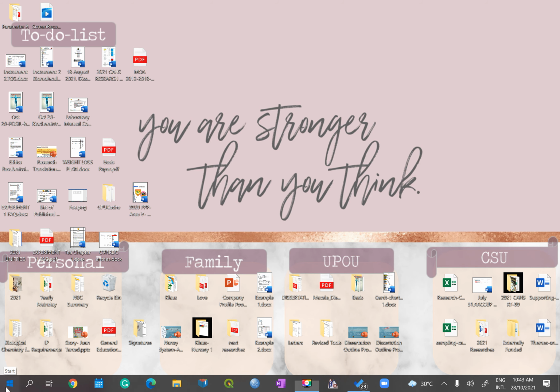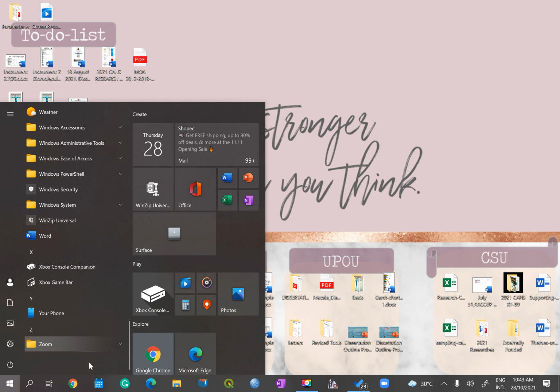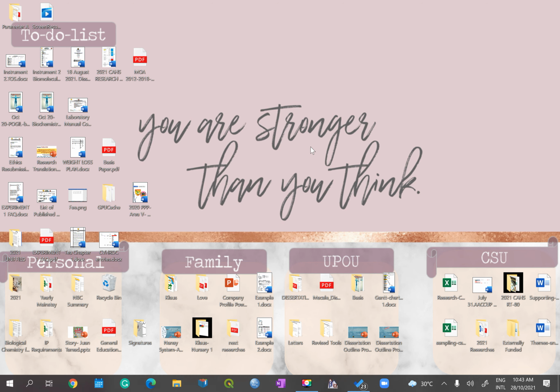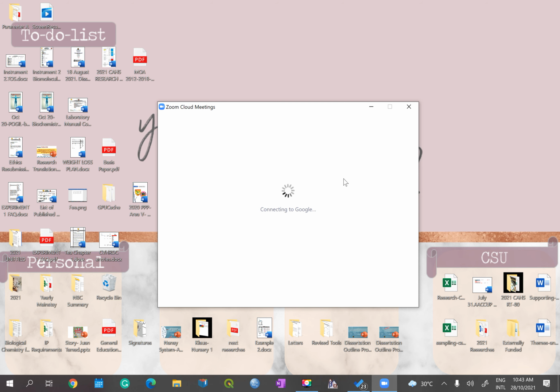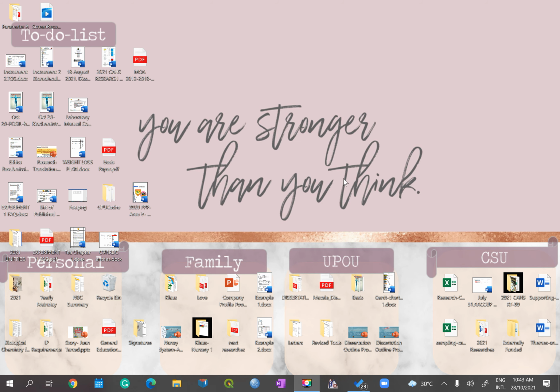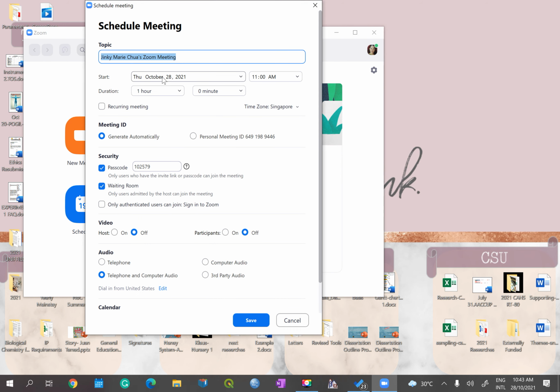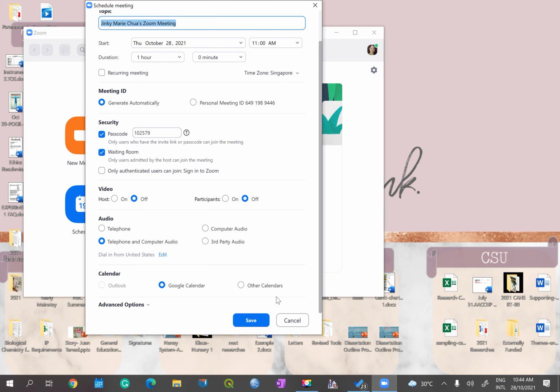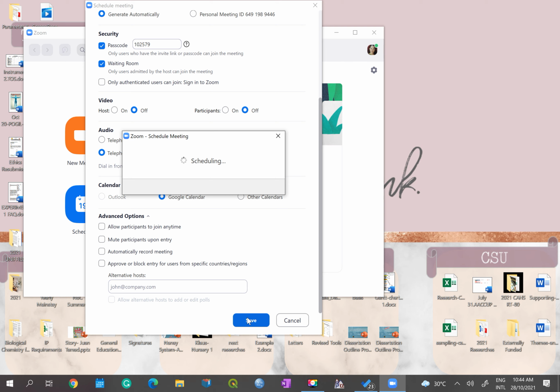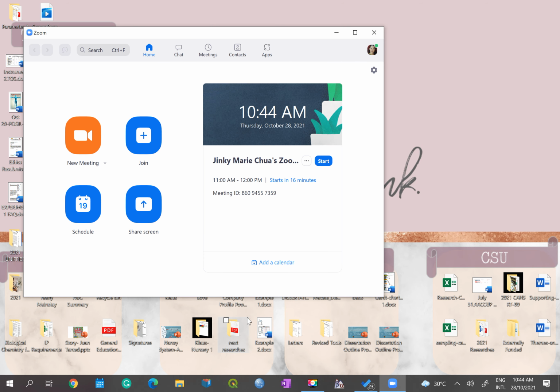So you create your Zoom meeting first. In the Zoom meeting, you schedule a meeting. For example, I'll schedule it at 11 a.m., and then just save it first. So after saving that,